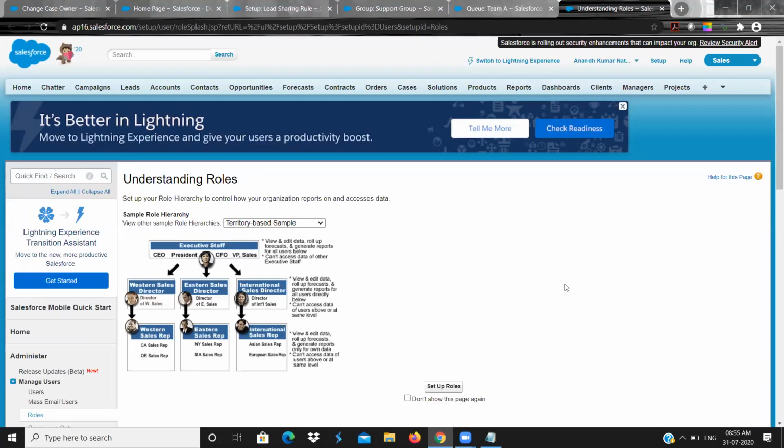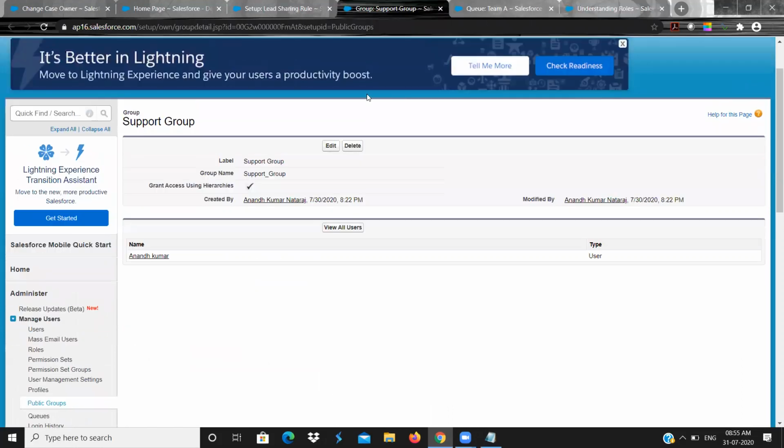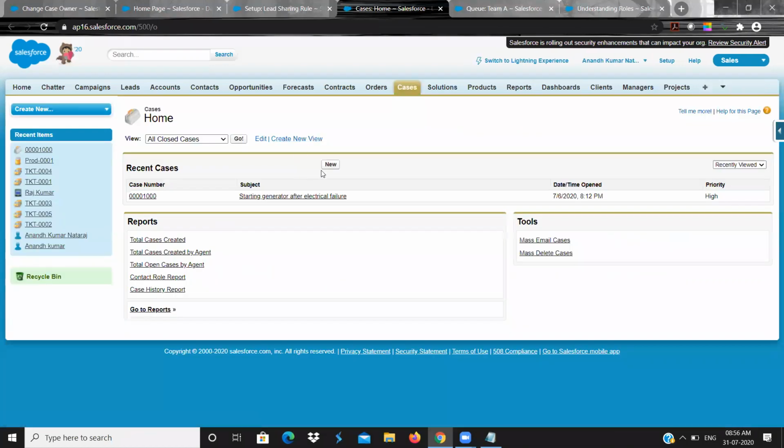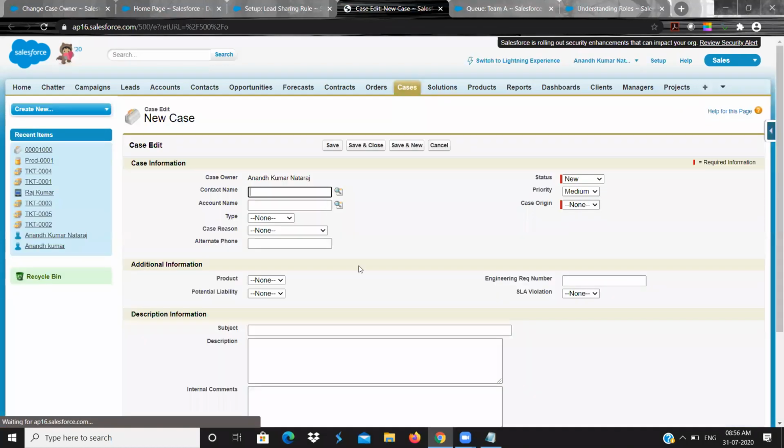If you want to understand better, front end people are normal users. Right now I am a Salesforce administrator and a developer. I am building an application for a company where the employees will work on the application. They will use Salesforce as a tool to record the customer data. In a BPO, a call is coming and they are creating a new case. Once the case is created, they want to assign it to the owner. Okay, so let me create a case.